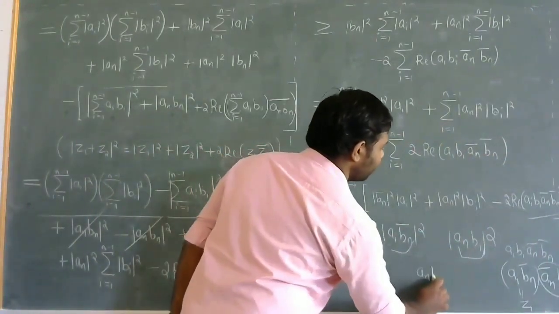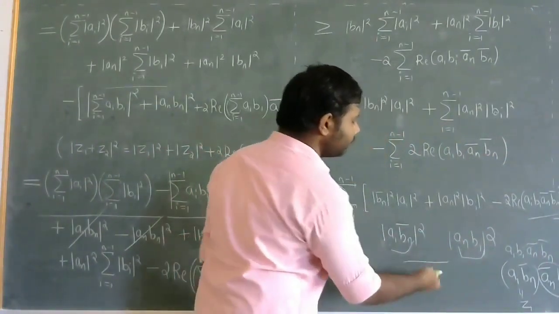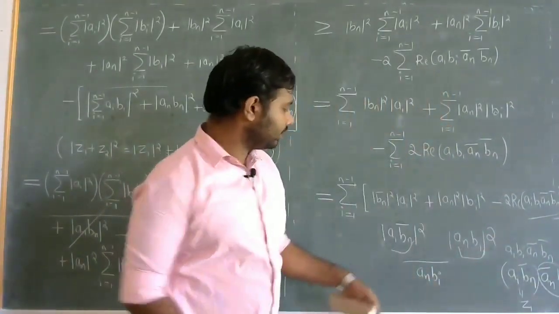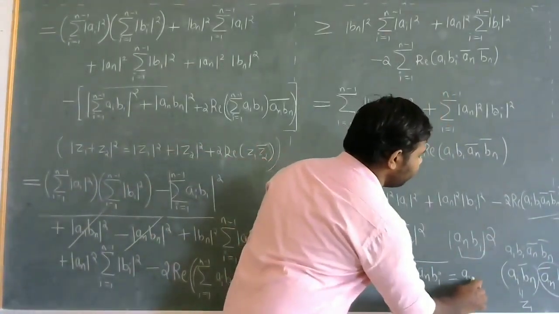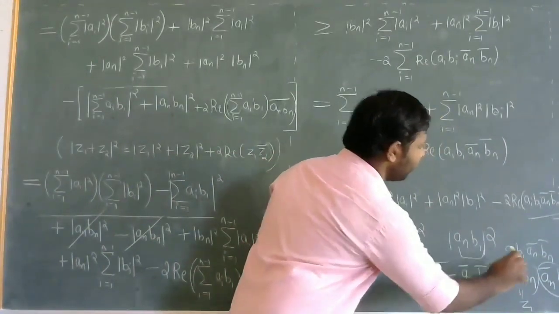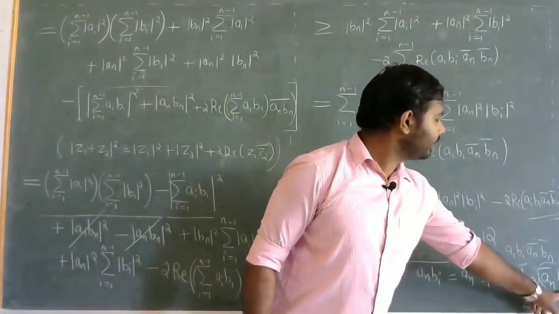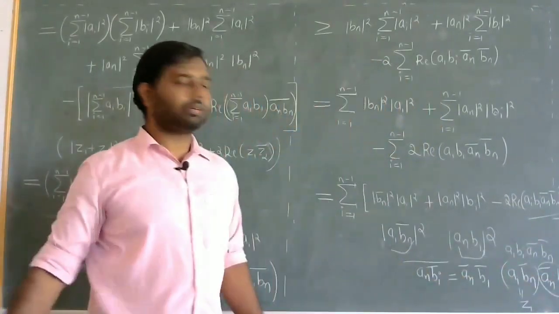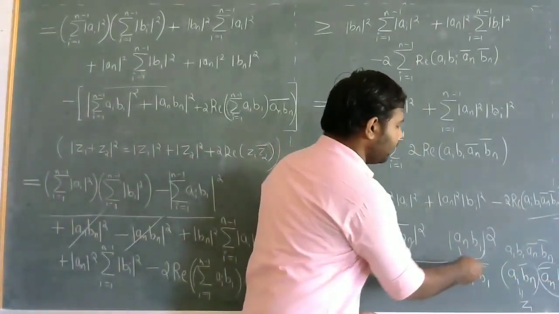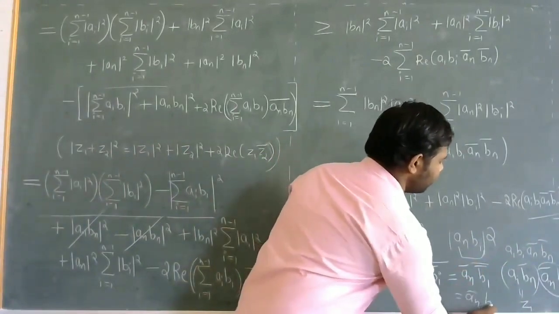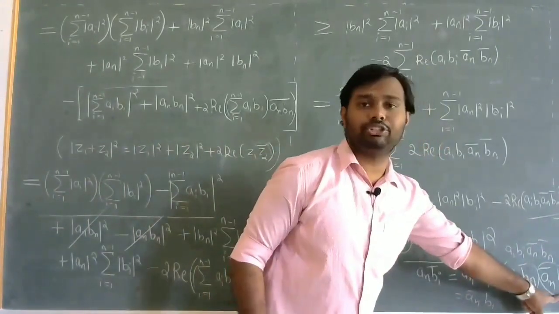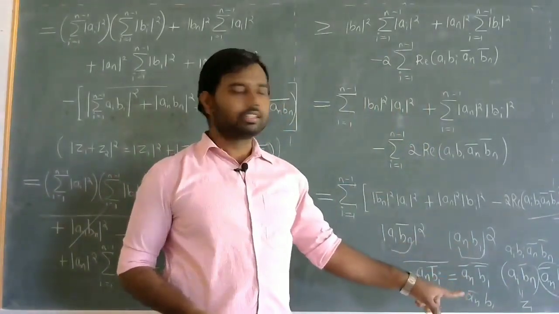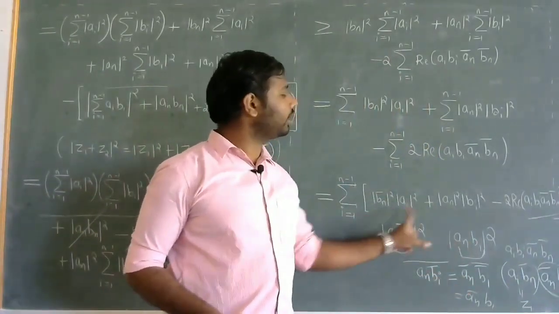So an bi. Its conjugate has to be equal to an bar bi bar. But if I simplify it, it will be an bar bi bar, but here bi has no bar. So if I put an extra bar to bi, what will it be? It will be an bar into bi. So I will get z2 bar here. So I am just adjusting z1 and z2 bar. For that I have to make some alterations here.